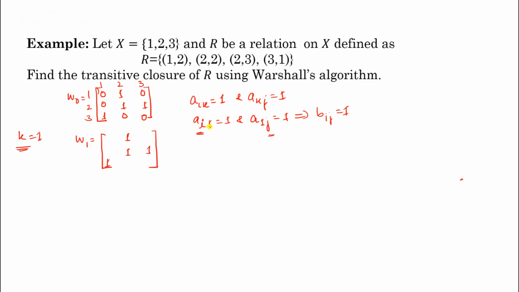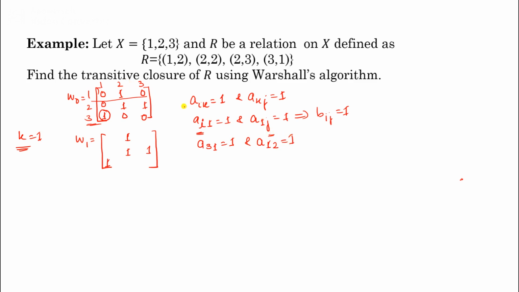So first check the first column of this matrix. Look at this: this element is 1, that is i equal to 3. So we have A31 equal to 1. Now we have to check in the first row, and find the jth column. This is the second column, so we have A12 equal to 1.